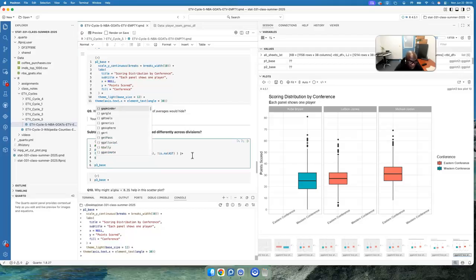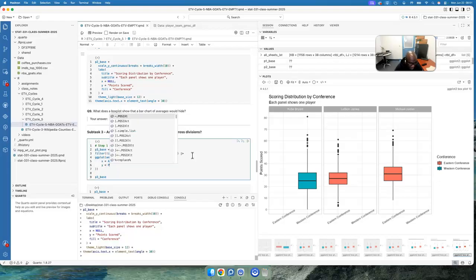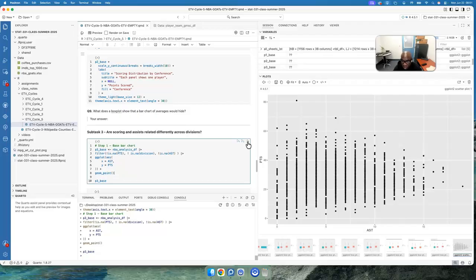So we're going to do geom, or sorry, ggplot, okay, ggplot. And then we're going to do aes, where our x is going to be AST, that's a quantitative variable, and y is going to be PTS, that's another quantitative variable. So therefore, we should use geom_point, and that's going to give us x and y. Okay, so that's across all three players. So therefore, we would want to do some faceting on that element, right? We can do it like we did earlier,